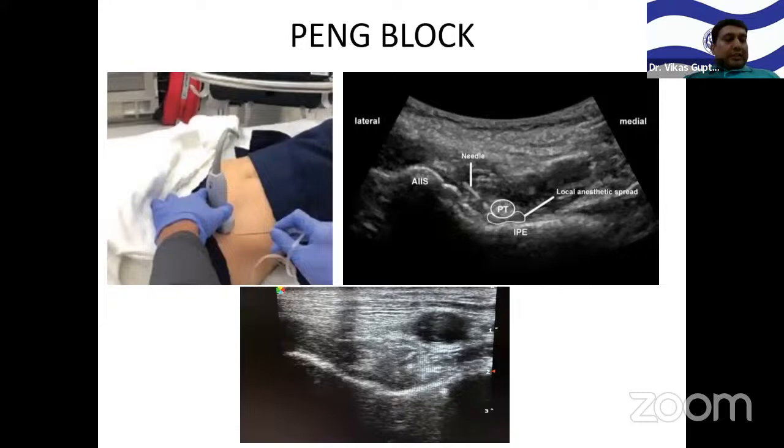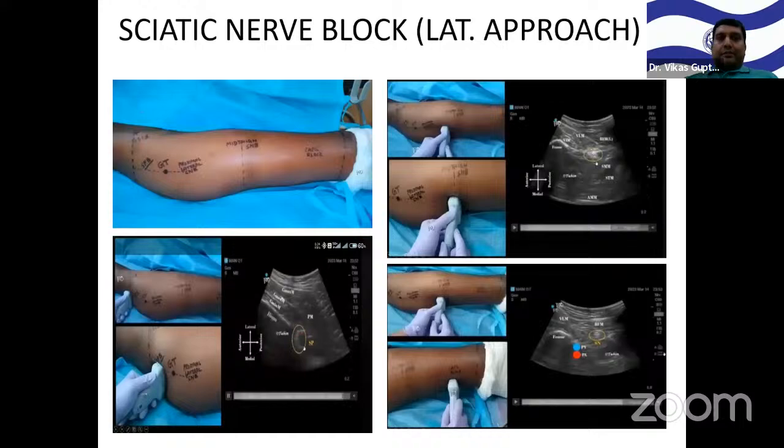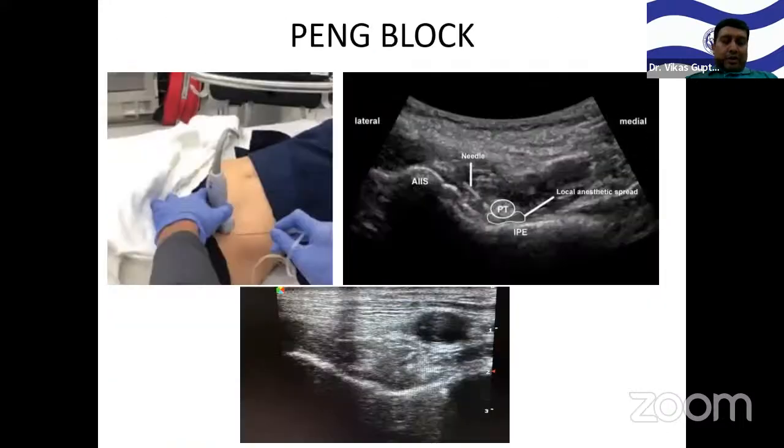Now the second block is the PENG block. PENG block is a newer block. It is a fascial plane block where we are depositing our drug between the psoas tendon and the ilium. This is the psoas tendon, and this is the ilium. Iliopubic eminence is on this ilium. So our aim is that iliopubic eminence. So how will we identify this